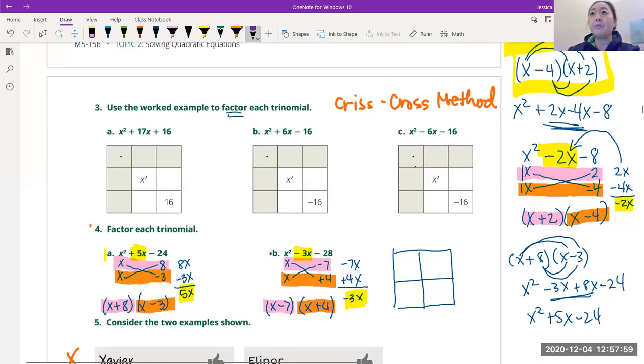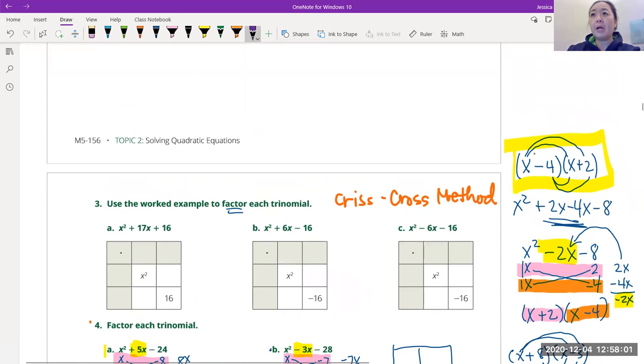So if you take a look here, if you remember back at the do now when we're multiplying things like this, we were just using the distributive way, or you could use the area method, and we would get x times x, which is x squared. And then we would get 2x minus 4x minus 8. And so my question is,